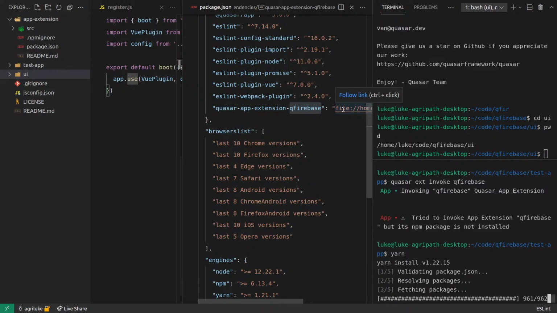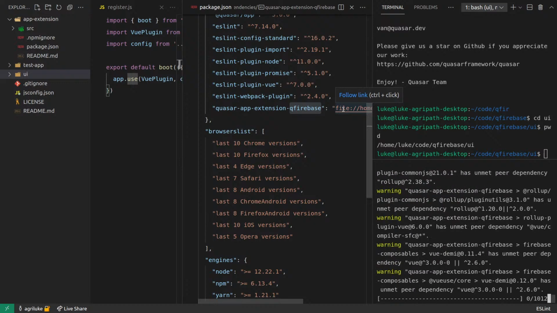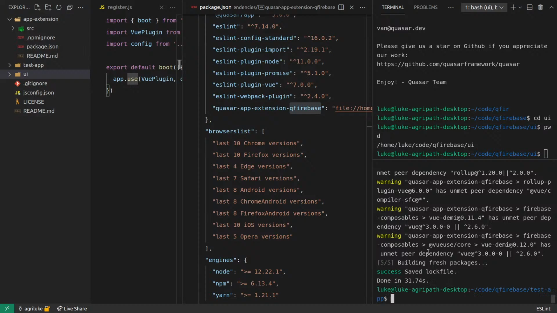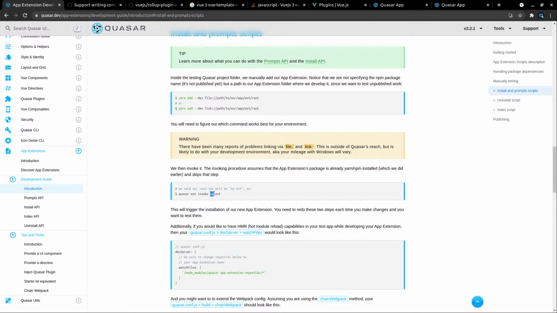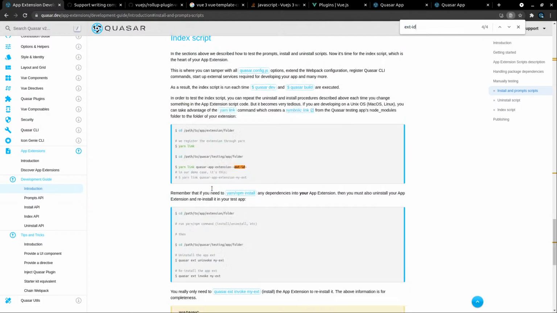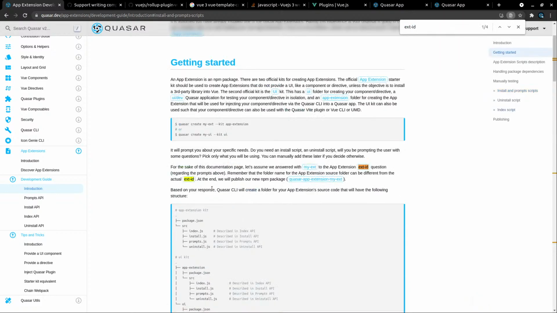Oh, give this a second to run. Yeah, okay, there we go. You're going to get those unmet peer dependency problems, but that's totally fine. It's because Quasar includes Vue behind the scenes, I'm pretty sure. Now let's run that invoke part again. I thought that's how you did it. And you just said our extension ID. For the sake of this argument, let's assume we entered